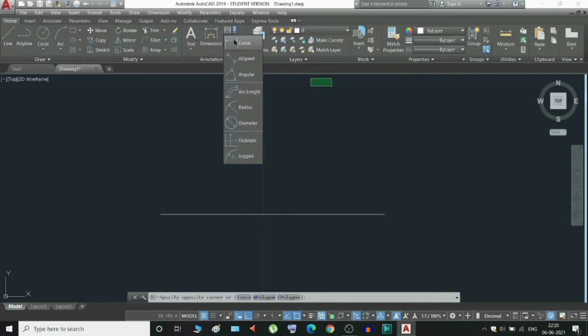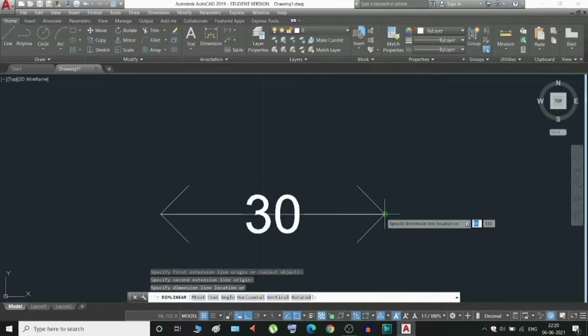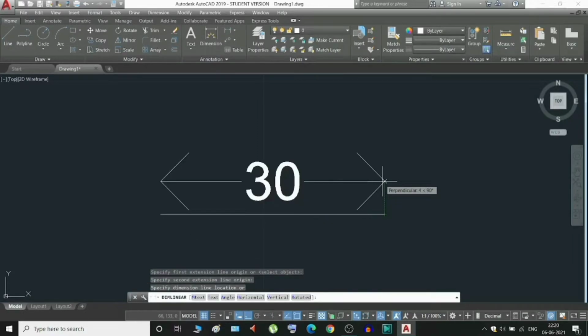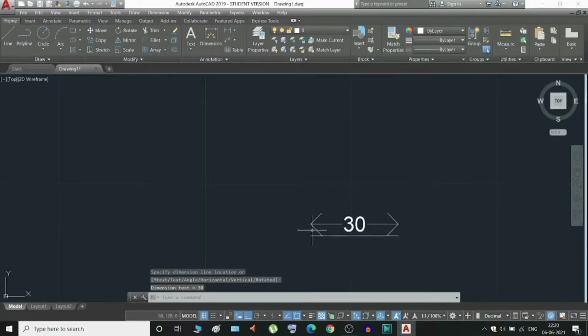So you can select the linear, aligned, angular, and all these things. So I will choose linear, select this and this, and select this. So I can see this is quite big for here, so I will change the size of this.